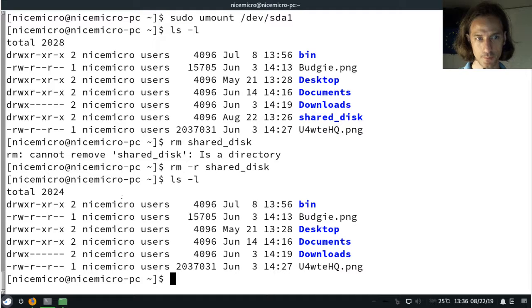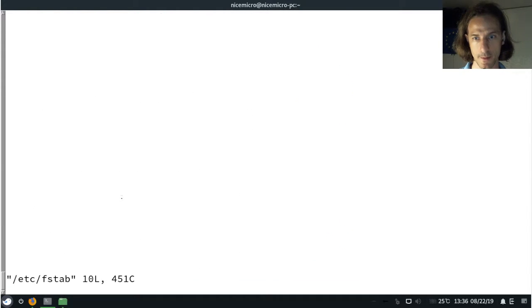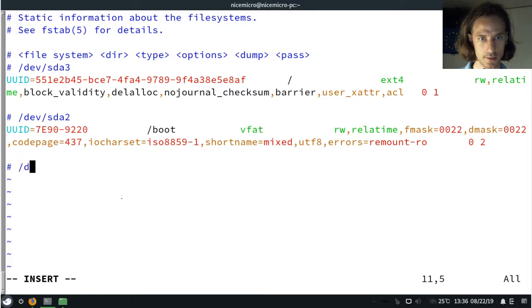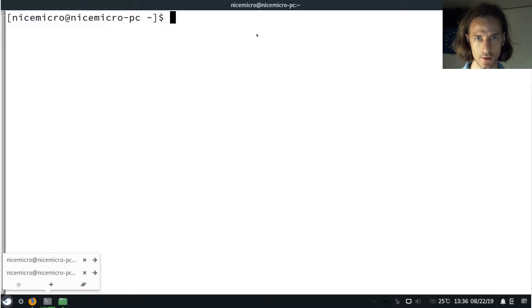So this is the file we are looking for. We will edit in Vim /etc/fstab, and of course we will insert another line. It will be commented out that this is going to be /dev/sda1, and here we will identify it by its UUID, which will be, let me open another terminal window,